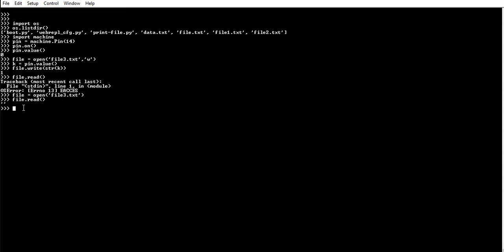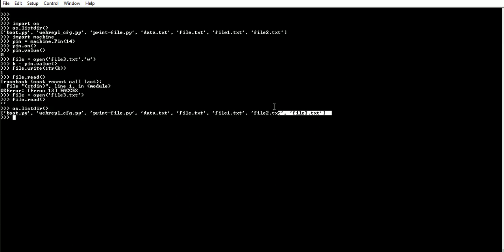So if you see here os.listdir, okay, so you can see now you have file3 as well. So this is how in MicroPython you can access the file system on an ESP8266 from a REPL and write contents to it. So you can use it with some complex requirements like writing a list or whatever based on your requirement. So this basically is used in some production environments where you want to monitor the status of particular pins. Thank you.